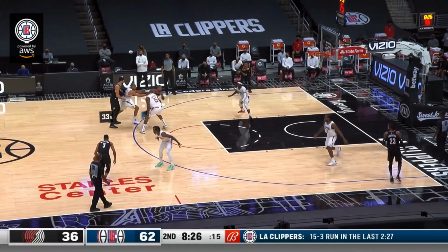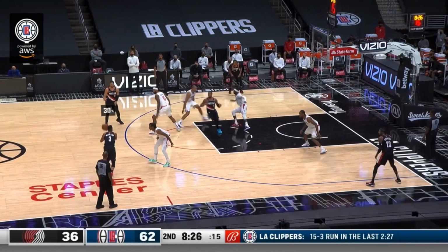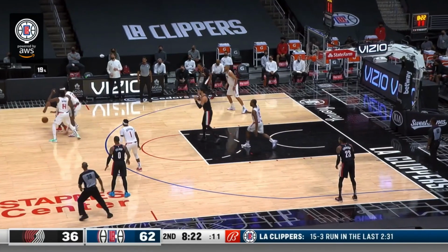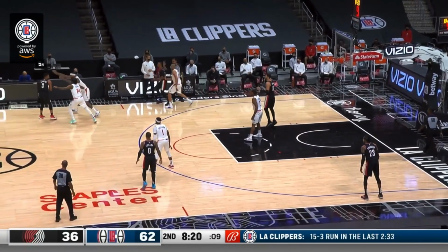Ball denied by doing what's called a top lock. Batum is in top lock. When Lillard cuts through, we're going to notice how Reggie Jackson digs down to prevent a pass. When Lillard sneaks out the other side, look at Reggie Jackson. He's going to X out to the wing to prevent the ball from getting to Lillard. Portland gets tied up. They end up having to force themselves into calling a timeout, and the Clippers get a